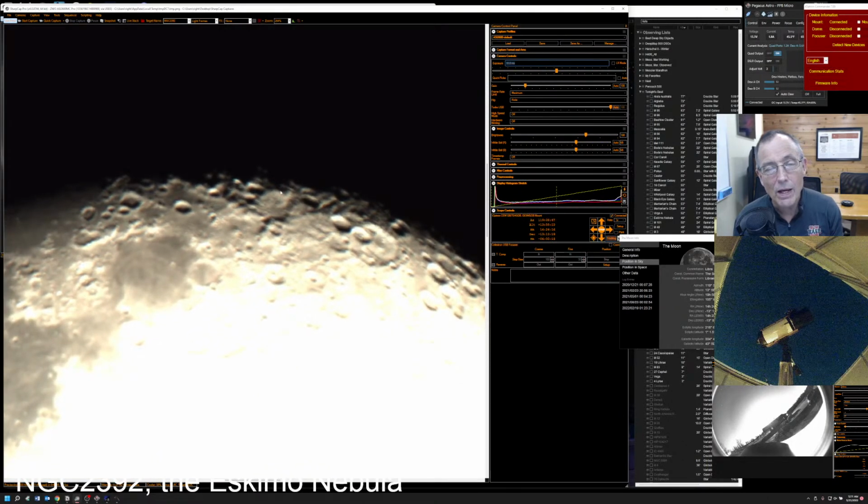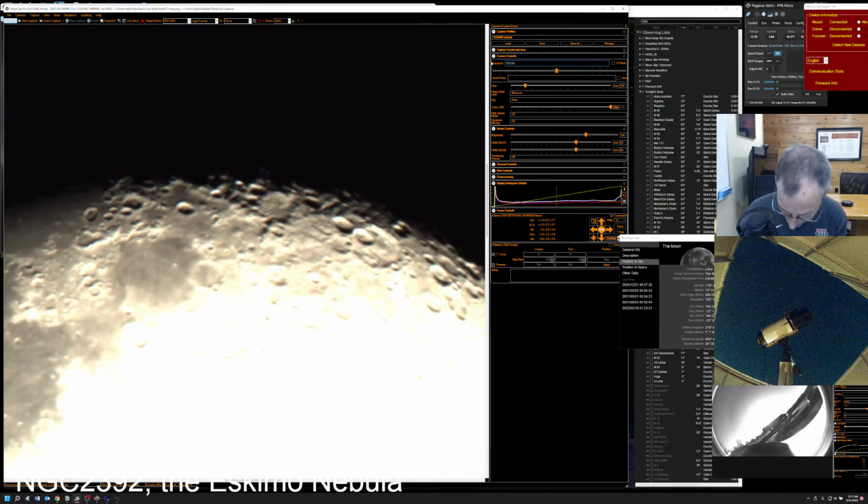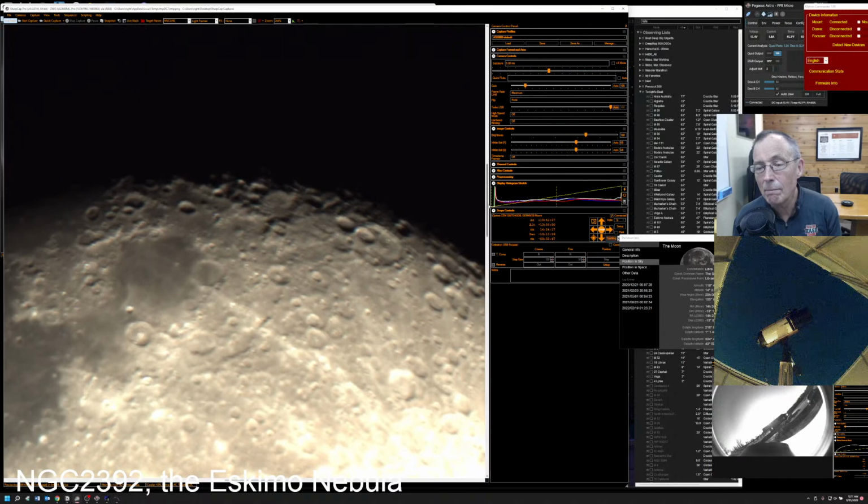And really, this is the best part of the moon that we could image tonight, because it's 96%, and we're able to see some craters here. I think we could actually go a little bit. Let's go 5 milliseconds. Yeah. Now we're starting to make out those craters, and this entire section here is